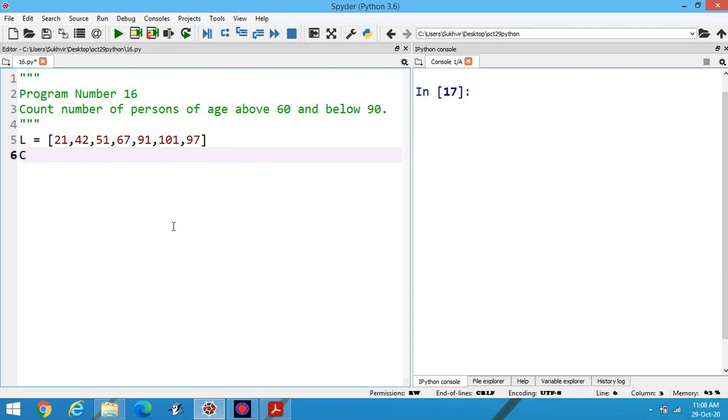For that, first of all, consider C is equal to 0. C stands for, let us say, count. We have to initialize C is equal to 0.